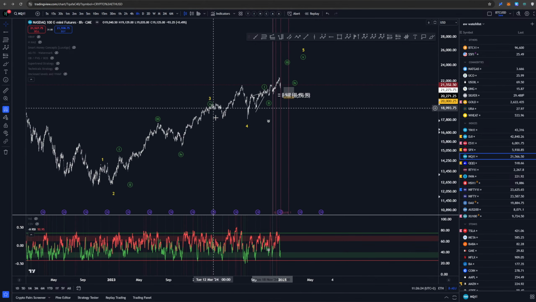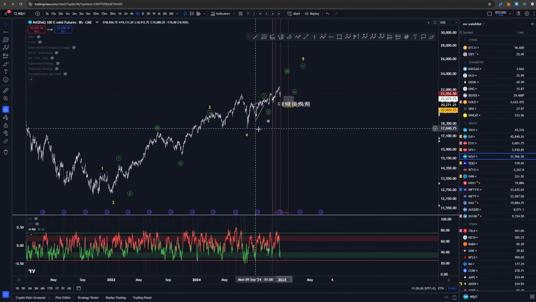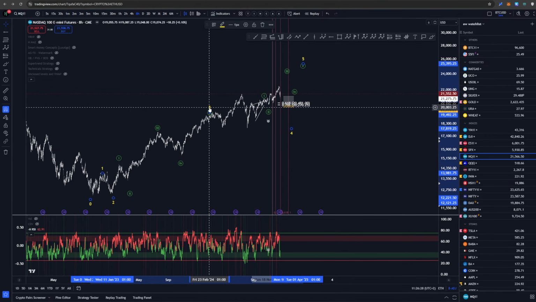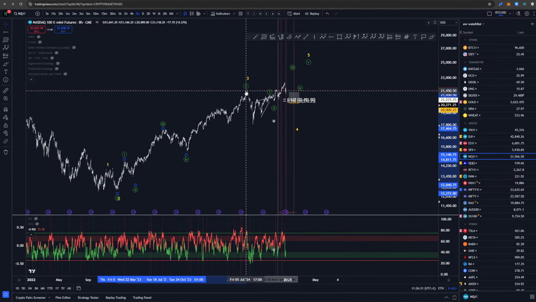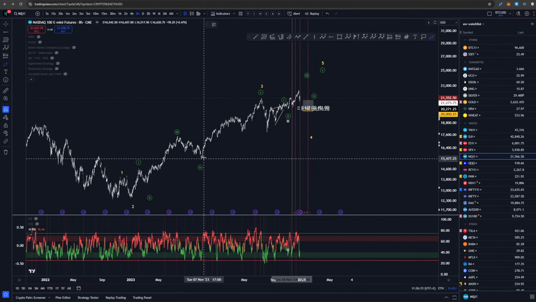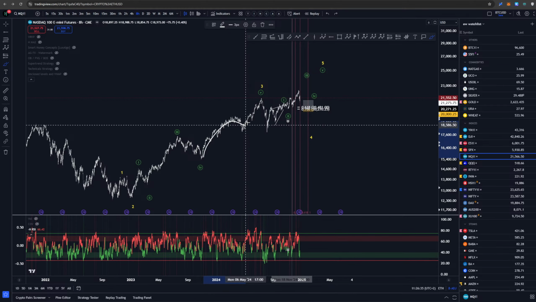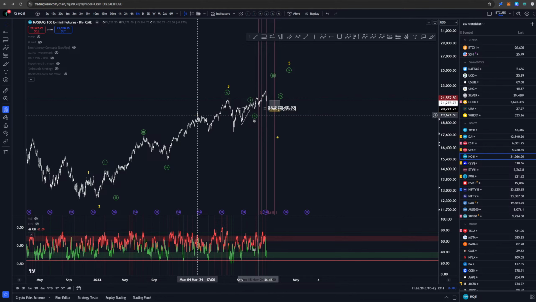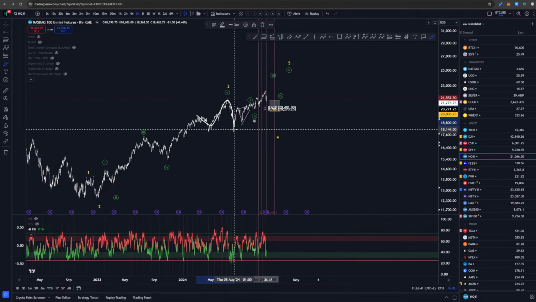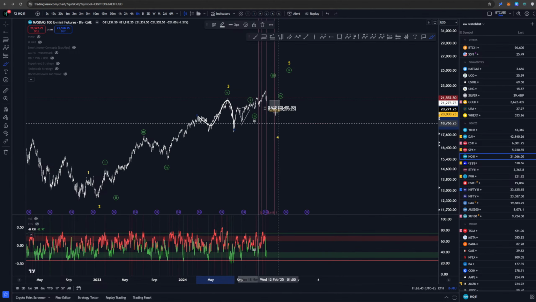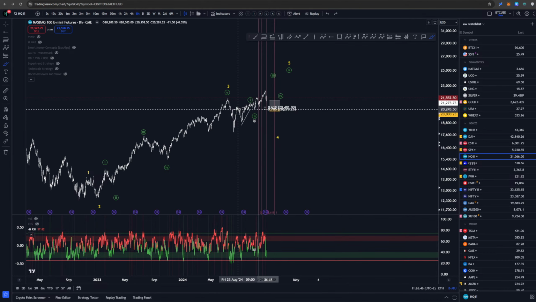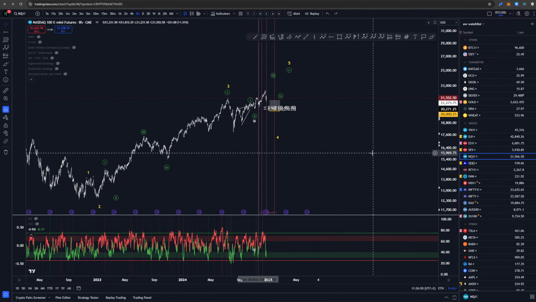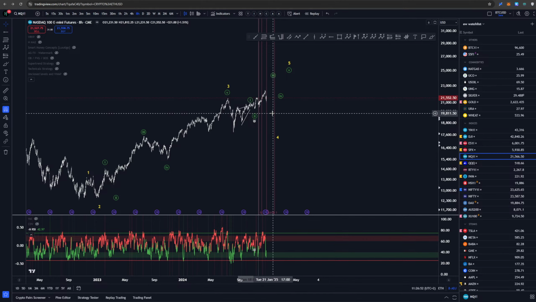Yeah, the way I've labeled this is quite weird. I would like this being here, just based on the structure, but then this, I don't know how to label this. This is just weird, right? I think on ES we had prettier structure like this as well. Maybe it's some kind of diagonal. Definitely not the easiest count at the moment going on.